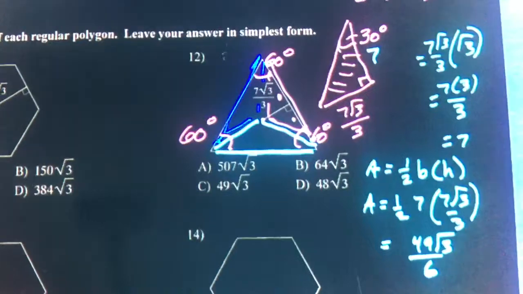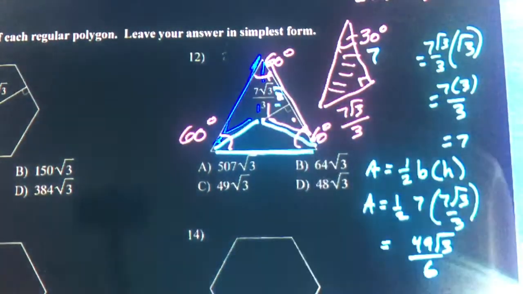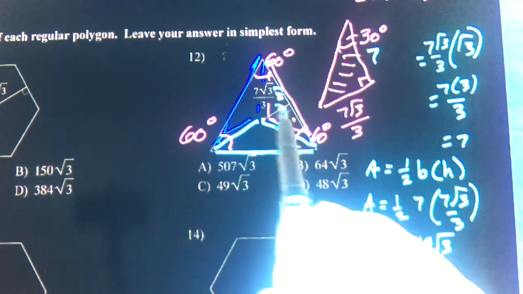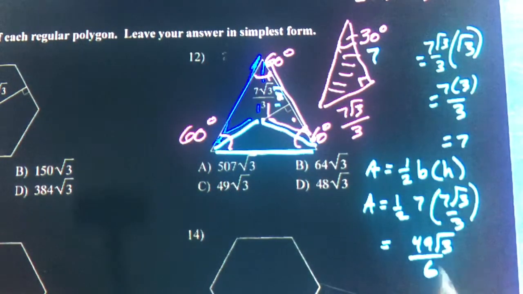And now we've got it. We've got the area of this section here. That would be this part of this. We're going to multiply it by 2, and then we're going to double that. That's going to be this one. And once we have that, we're going to multiply that by 3 to find the area of the whole thing. So 2 times this